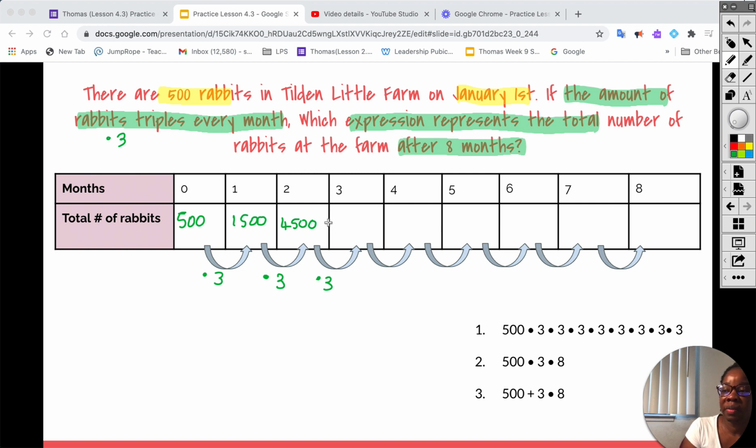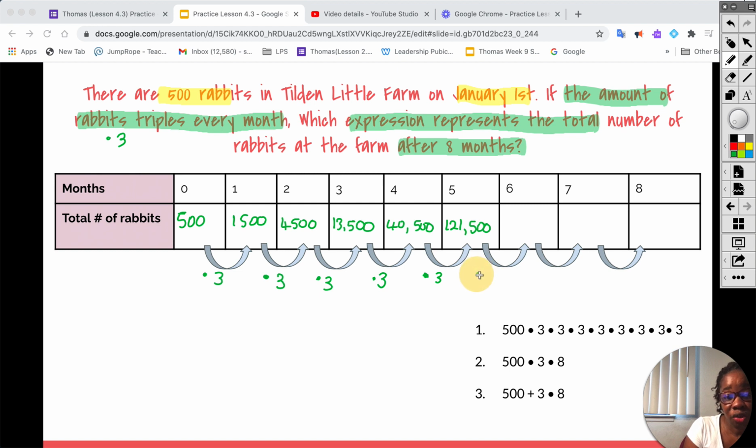So 4,500 by 3 becomes 13,500. That amount is then tripled by the end of the fourth month. So that becomes 40,500. And all you're doing is multiplying your last number by 3. That 40,500 is also tripled now at the end of the fifth month. So we're multiplying that by 3. That becomes 121,500,